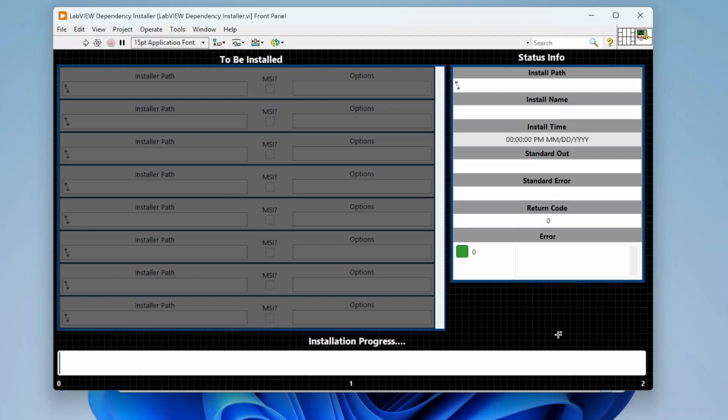Where it really starts to become less advantageous is when you need to include third-party installers with your installer. The LabVIEW installer does have the ability to run an exe or a batch script after it has executed. If you have one dependency, it's really easy to just call that installer afterward. If you have multiple things you need to install with your LabVIEW program, such as third-party tools or different drivers,